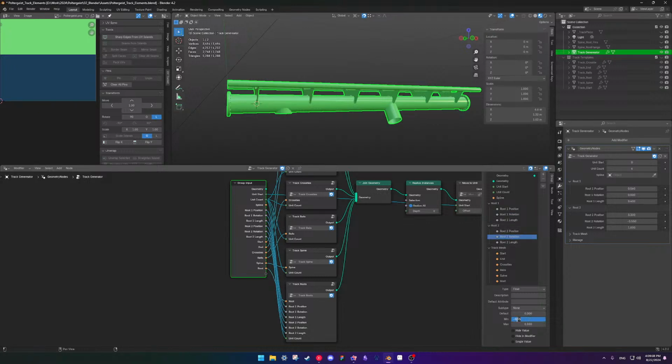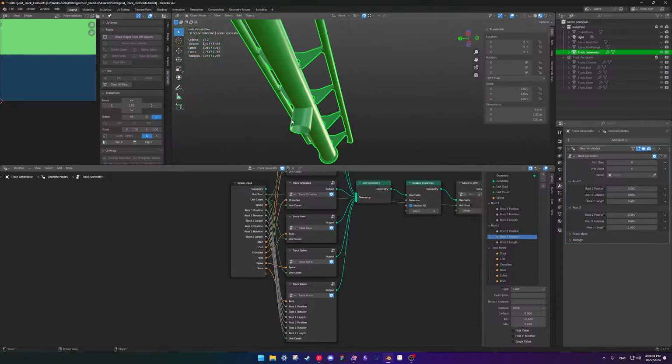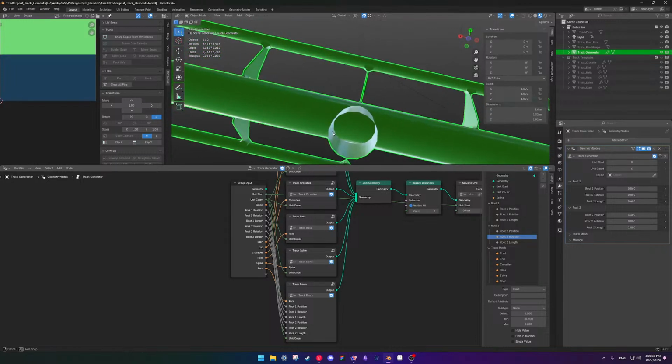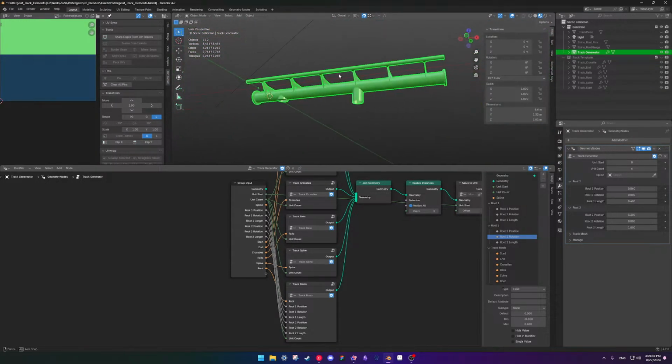Rotation negative 0.6 and 0.6. Okay. But now I need to make sure that this stays circle. The only way I can think to do that